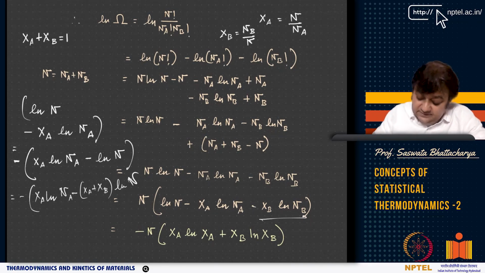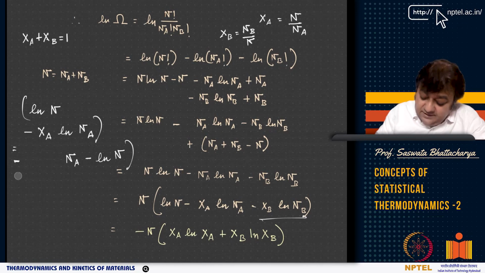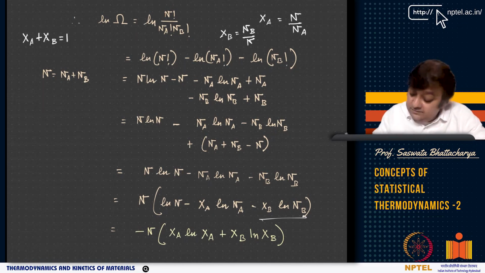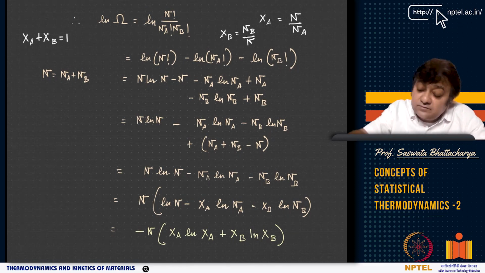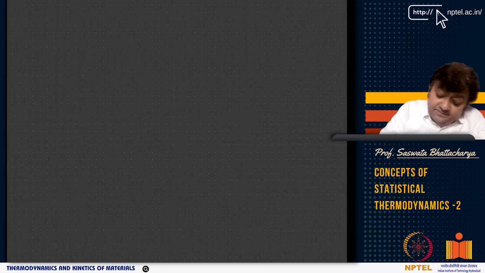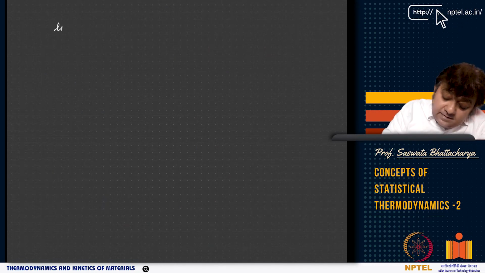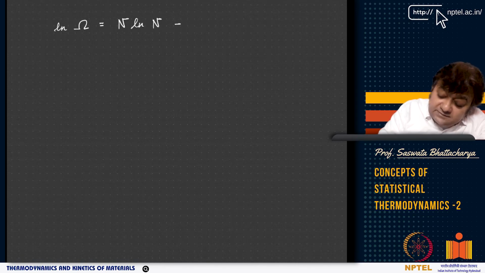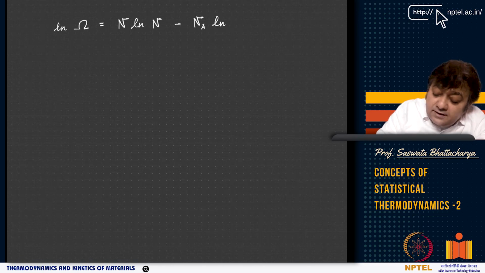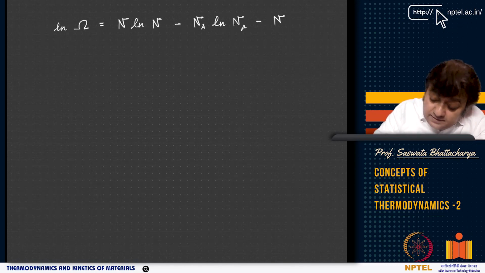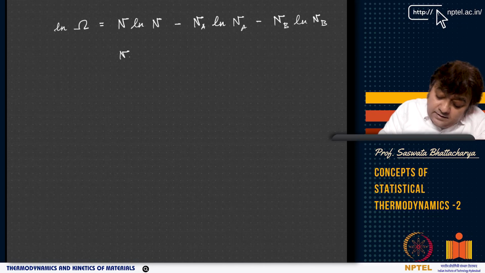So if I do this, what I get immediately, I don't want to make it clumsy, but you can see: you have ln omega equals n ln n minus, this is a little bit of algebraic manipulation, minus nb ln nb. Now na plus nb,